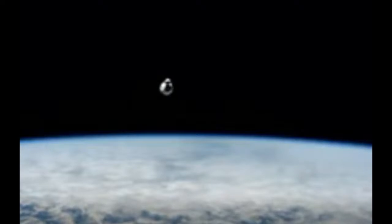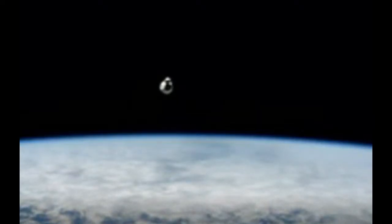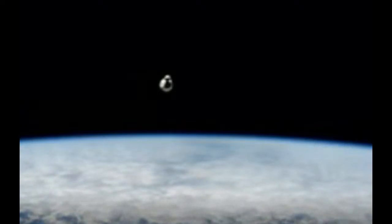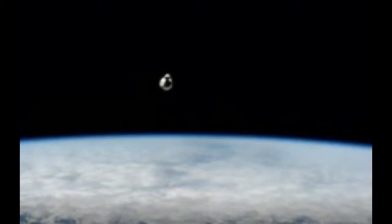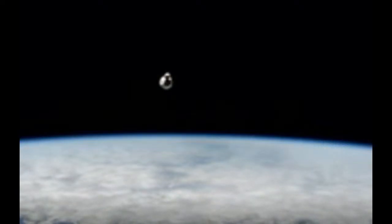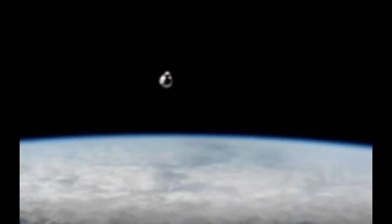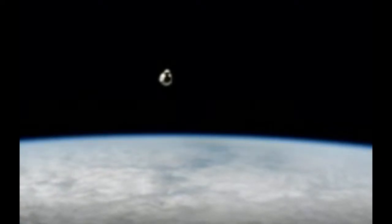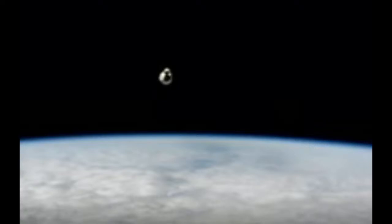It's a very slow and calculated maneuver. You can see all along the way, now that we have the view of the Dragon against the blackness of space with the overexposed camera views from the station cameras, you can see that all along the way, the Draco thrusters have been firing to continue to keep Dragon in the intended position. All along the way, we've been seeing essentially the same view, much like we see the moon, right? We always see the same face of the moon anywhere it is in the sky. We are seeing the same face